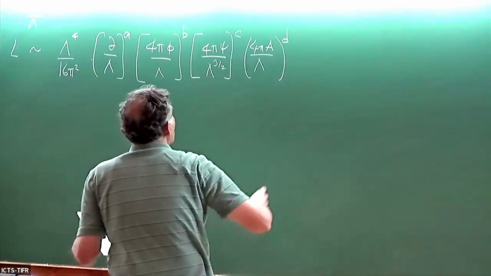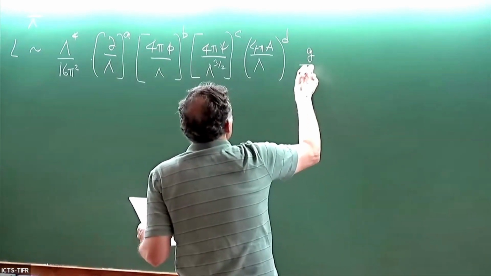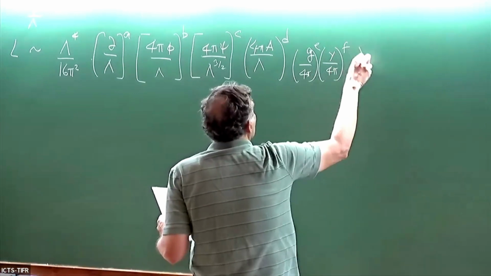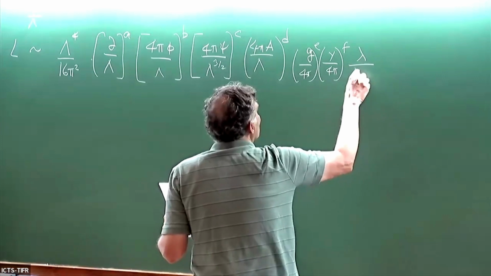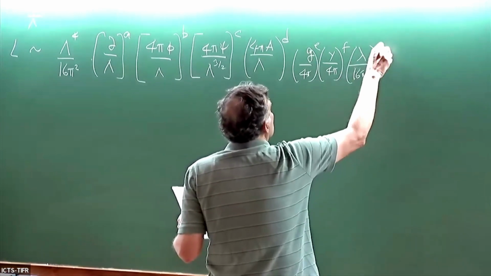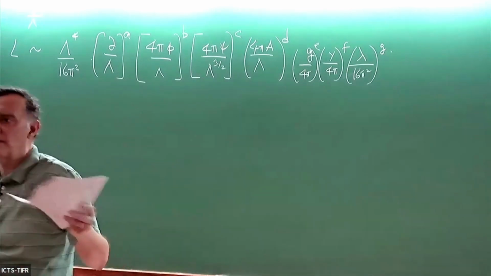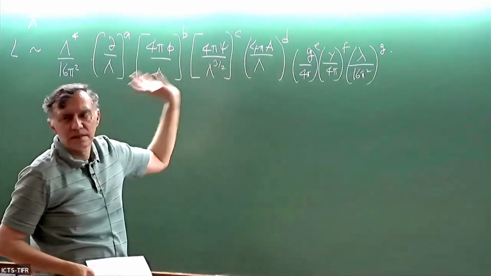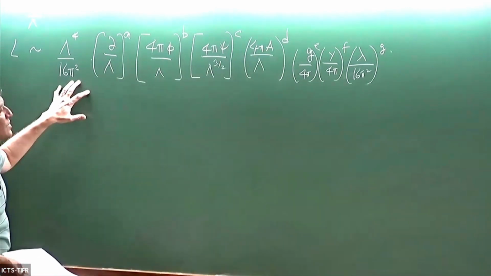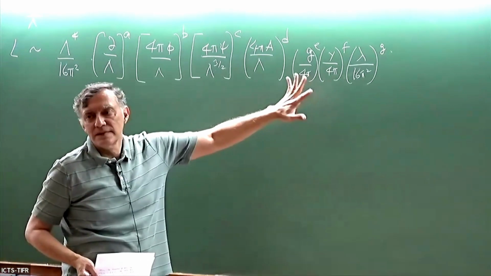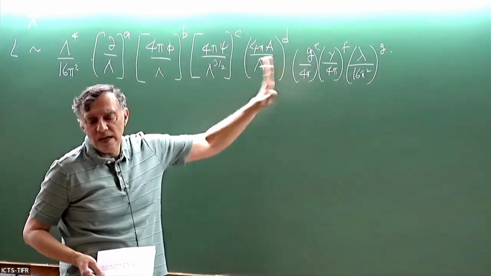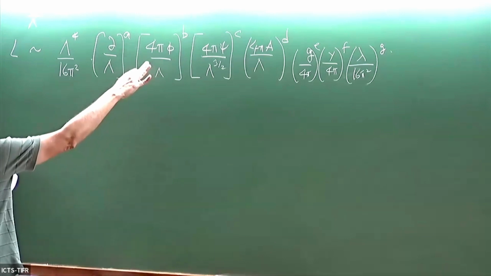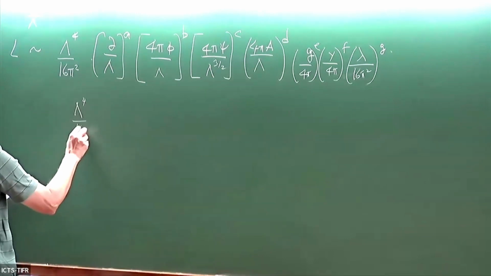And then if you have coupling constants, you get G over 4 pi to the E, Yukawa over 4 pi to the F, lambda 5/4 couplings over 16 pi squared to the G. So this just tells you, if you have some operator with some number of fields and some number of couplings, this is an estimate. If you assume that the terms are of this size, that's sort of the size they would be in a strongly coupled theory. So for example, if you take 2 phi's, then you have lambda to the 4th over 16 pi squared